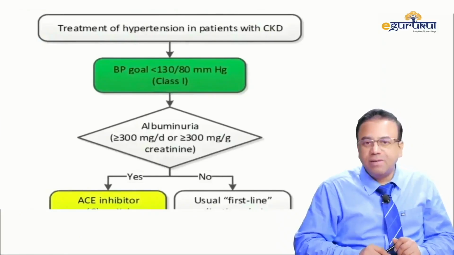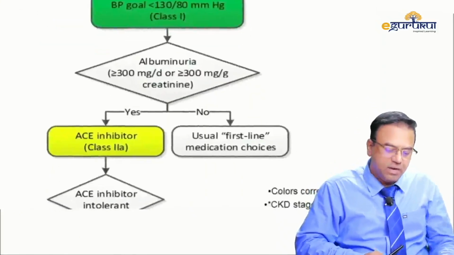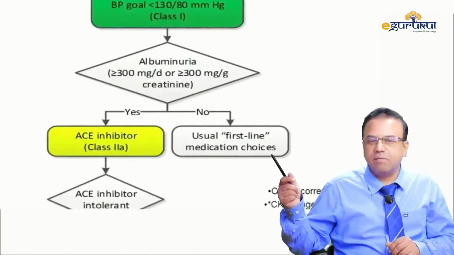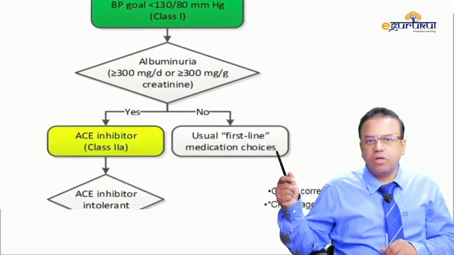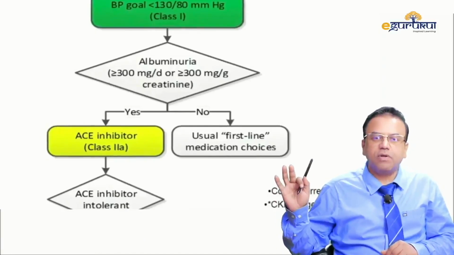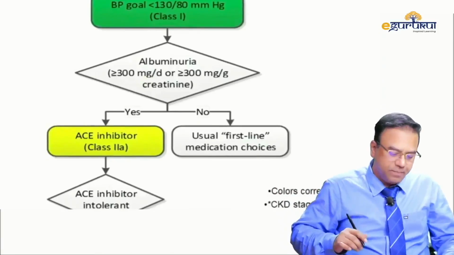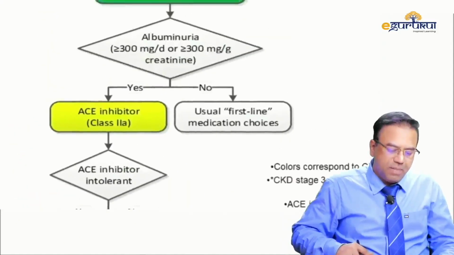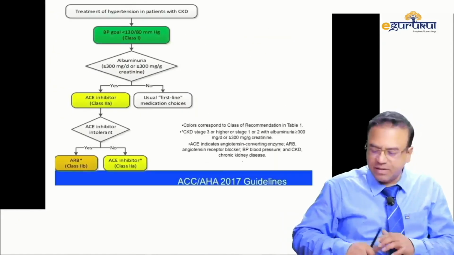And if albuminuria is there, then definitely ACE inhibitors are a preferred drug. If albuminuria is not there, then you can use other first-line medications like calcium channel blockers, so they also can be considered. But generally, if proteinuria is there, then ACE inhibitors are important. If they cannot tolerate an ACE inhibitor, then we go for an angiotensin receptor blocker. Apart from this, the only thing they have not added in this that I think we need to add